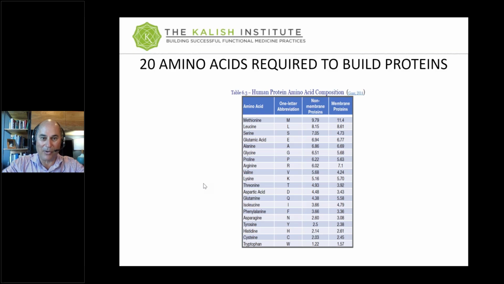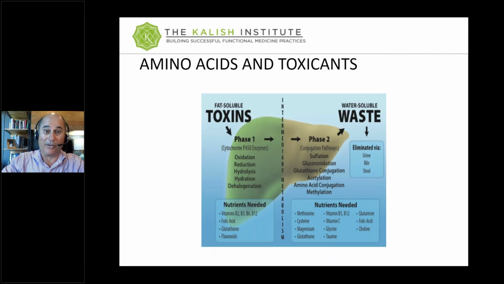If you have a significant problem with methionine, there's a whole host of issues you're going to have with detoxification and methylation. But the bigger problem with low methionine, the biggest problem, is that you cannot build proteins. Which proteins? All proteins in the body. And if you just think about antibodies, think about all these people with long COVID or COVID reactions or weakened immune systems, just for the reason that you need to make antibodies alone, which are all proteins, right? You have to have methionine present or it's not going to work. So specific functions of amino acids: detox, and the bigger picture, protein synthesis.